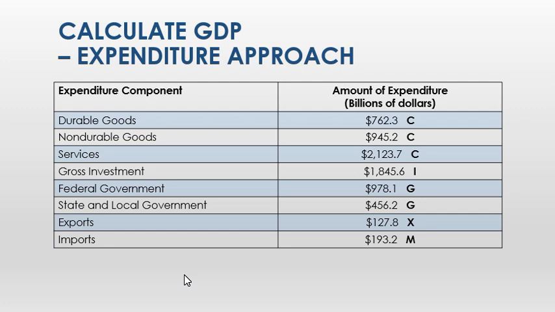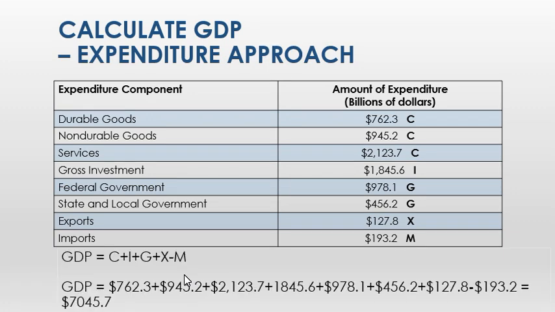Remember, our formula is C plus I plus G plus X, but the negative component is M. So whenever we import stuff, it decreases our GDP. So if we then did the math, so our C plus I plus G plus X minus M, we would take this